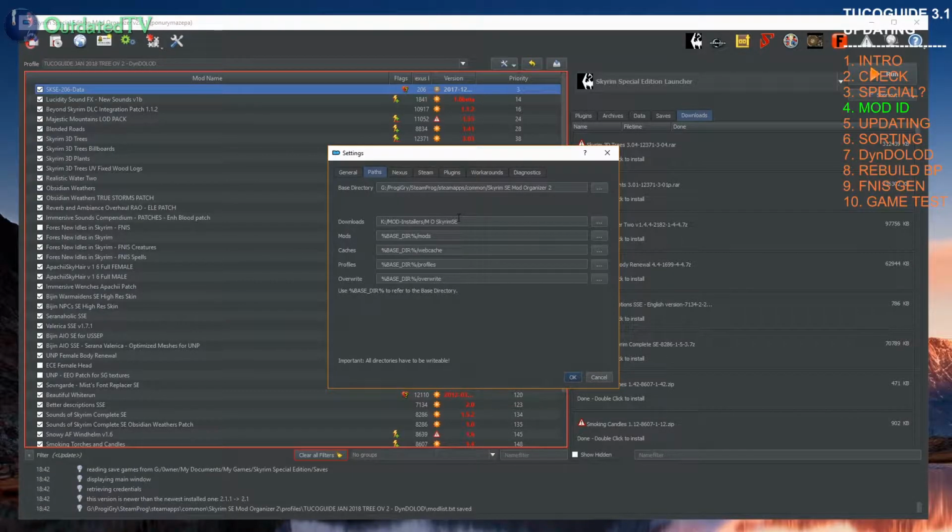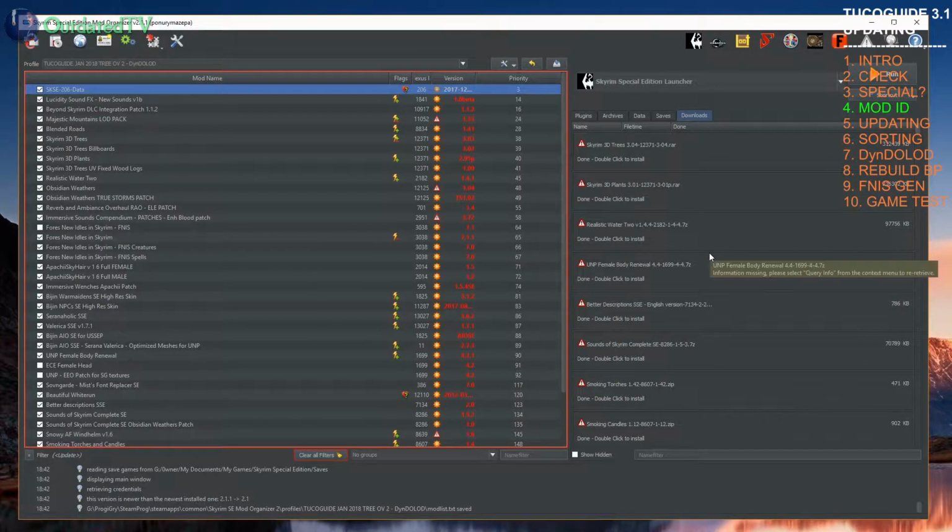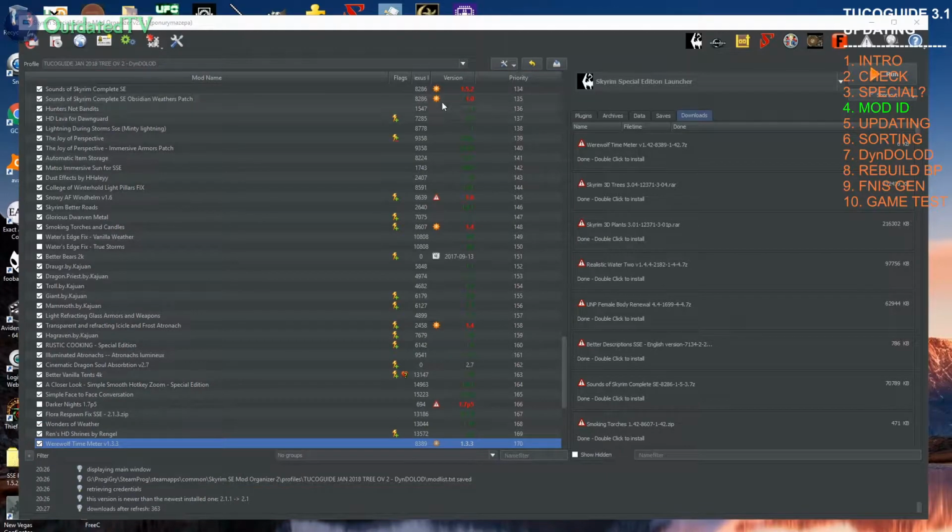After checking for eventual special instructions, download the new versions to the place where you have configured your downloads in Mod Organizer 2, or use the Nexus Download with Manager button if you have configured this in Mod Organizer. I download them manually to this location that is then visible in the Downloads tab, but because of doing so I need to use the Query Info functionality of Mod Organizer, and in my Downloads tab over here, the mods